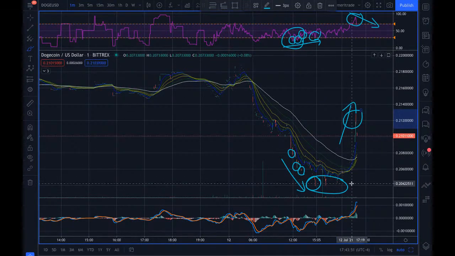But if you were just scalping, you could have just played this right here. It only went up like 1 cent. But that's a lot when it's only 20 cents. Does that make sense? All right. Anyway,